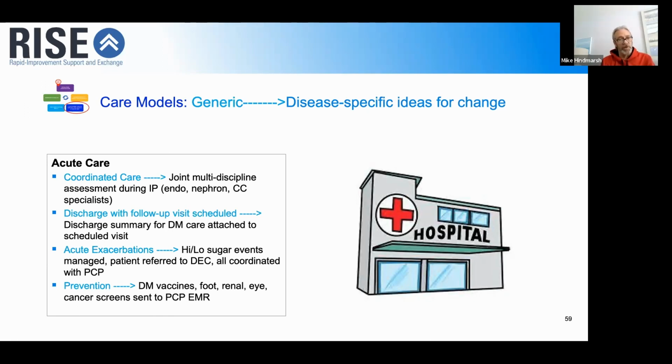So if people are coming in with high or low blood sugar events, make sure they're referred to the Diabetes Education Center. All of this is coordinated with the PCP. And again, more integration work, prevention. So if I come into the ER with a high blood sugar, someone checks to see if I've had my diabetes vaccinations, checks to see if I've had an annual foot, renal, or eye screening, checks my cancer screenings. And all of that information, whatever the hospital does for me at that point, is sent back to the PCP